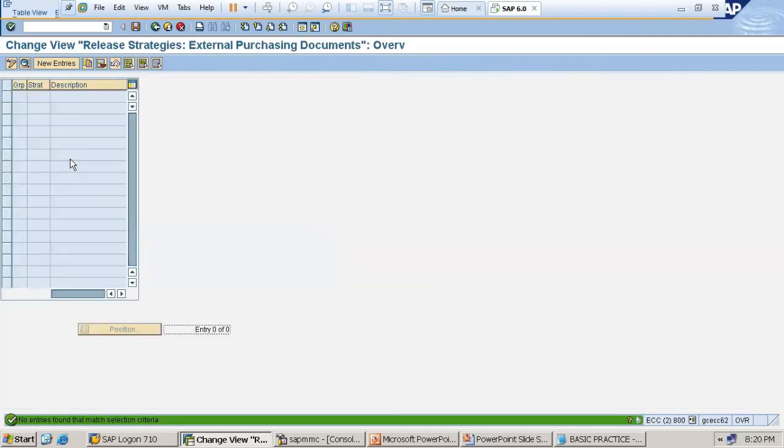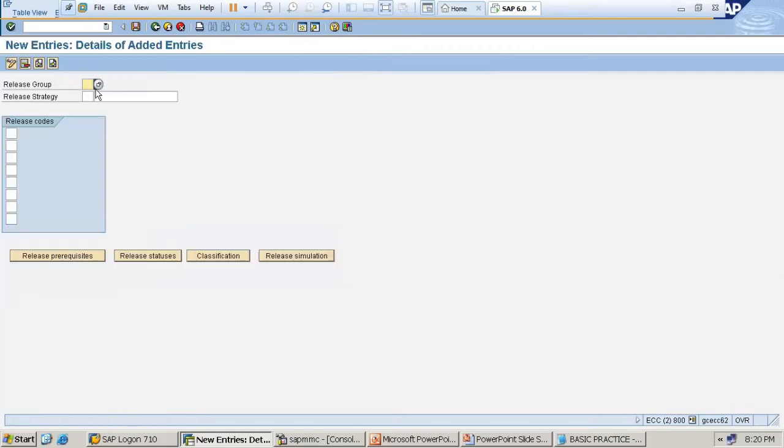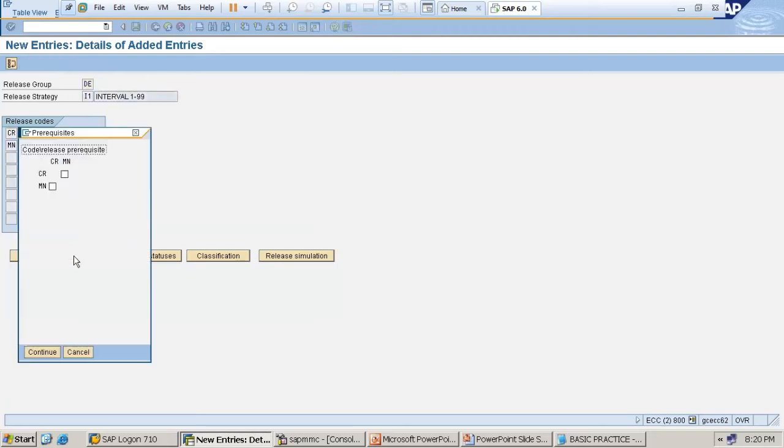Release strategy. Here, go for the new entry. What's my release group? DE. Strategy 1, I1. Interval 1 to 99. If the amount is 1 to 99, for PO value I want the approval from creator and manager. Enter. Go for the prerequisites.